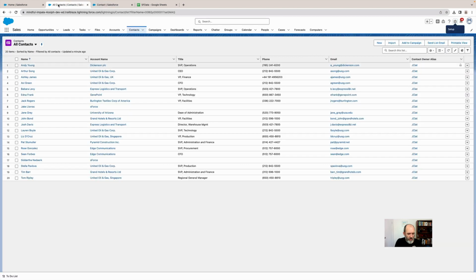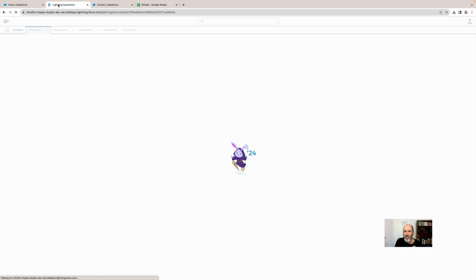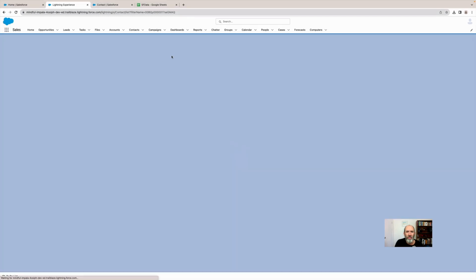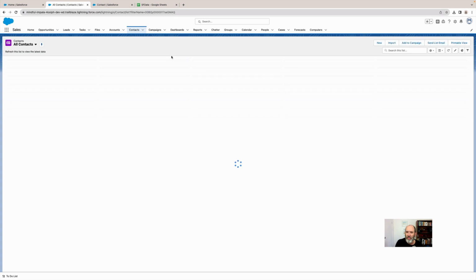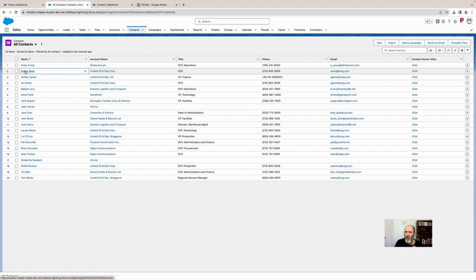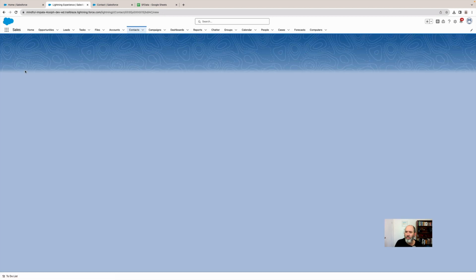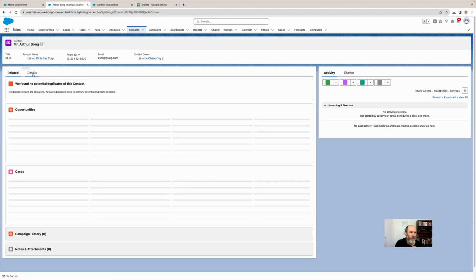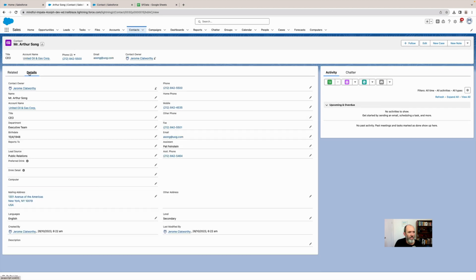So if I go back to the contacts, I'm going to do a hard refresh just to make sure I don't have an old version cached. Wait for that to load. Once I've got the contact list appearing, I'm going to open a specific contact record. Doesn't matter which one. We should be able to find our new field. So I'm going to open Arthur. So if I now look at the details tab to see all of Arthur's details, I've got a new field here for computer. So if I now go edit,